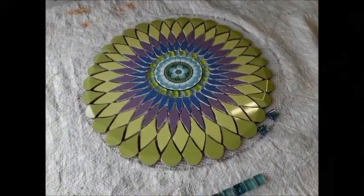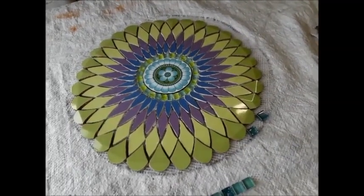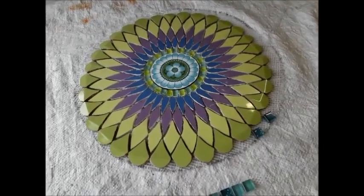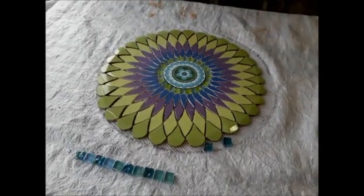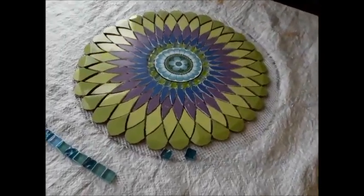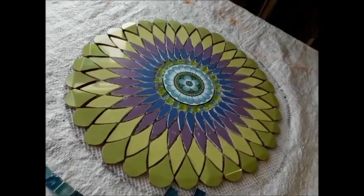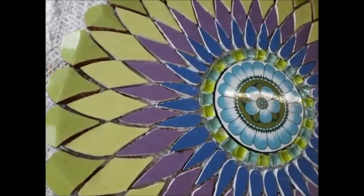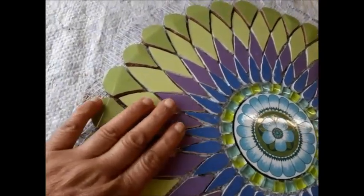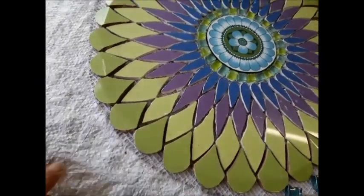So it's Wednesday the 17th of November 2021, and as you can see from the previous photos, I've been on another little project, and this is to create another mandala for my dining room. So I have cut all these tiles, all these 4 different tile colours and textures,